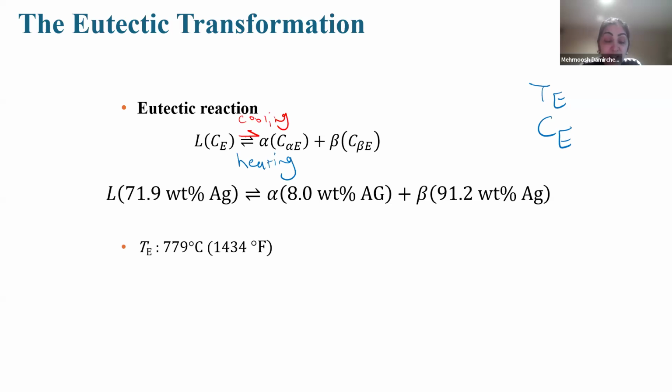The eutectic point is a special point on the binary phase diagram. Temperature is the lowest melting temperature, TE, for the alloy system, and composition means eutectic composition, or CE, which is different for different alloys. For example, for copper, silver, CuAg it is 71.9 weight% Ag. Phases in equilibrium at the eutectic point, 3 phases coexist: liquid, alpha, and beta.